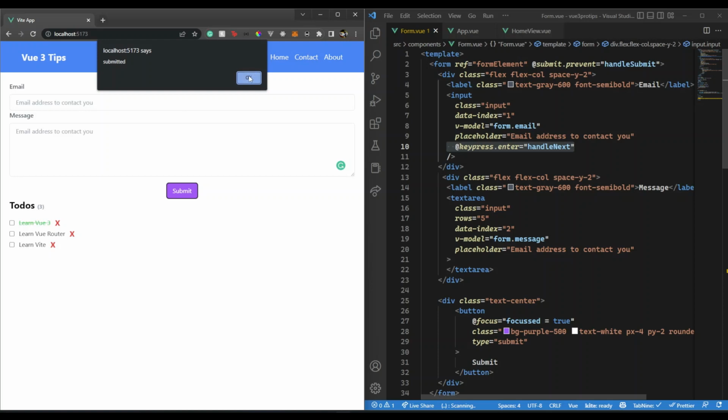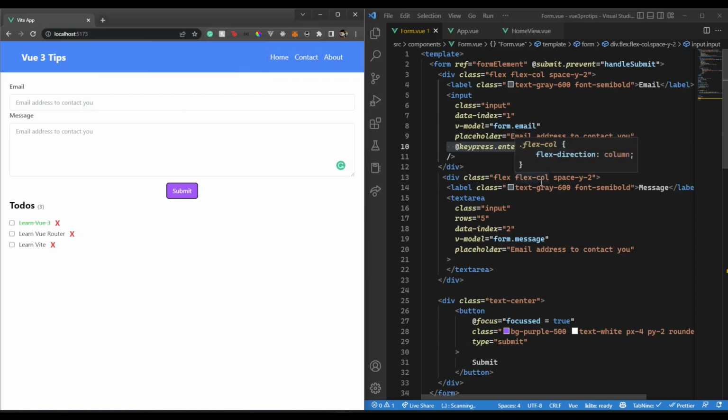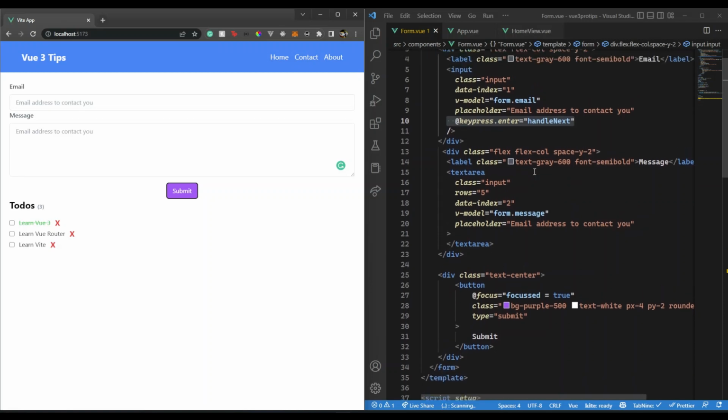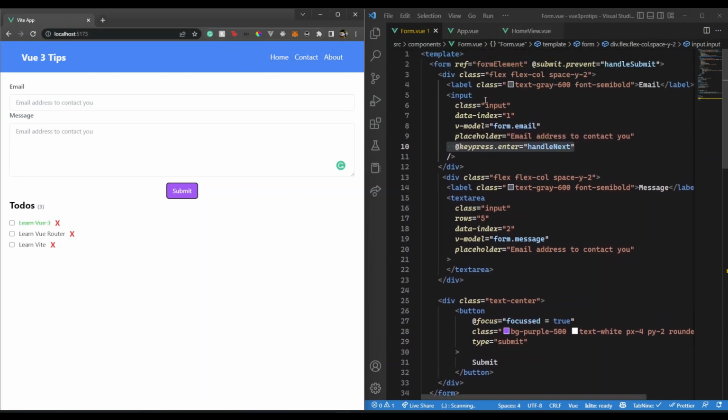That means you're ready for submit. So enter key submit is also there. So how can we achieve this? Well, pretty simple. All we need to do, wherever we have our input, wherever we want that input